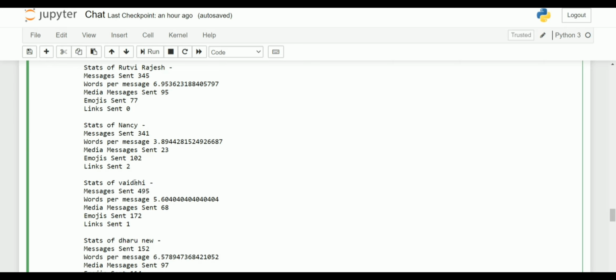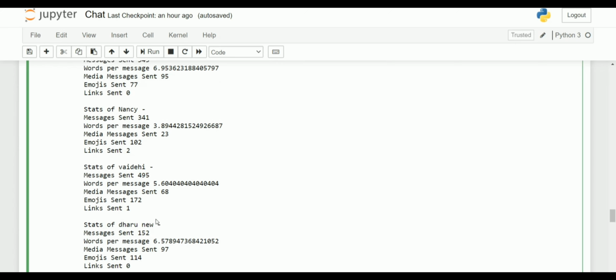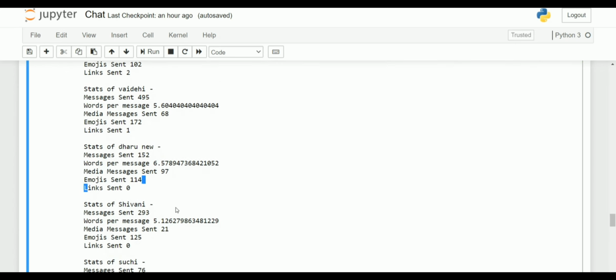The statistics of Vaidehi are the highest. You can see that she has sent 495 messages, which is the highest of all. So you can analyze from this Python file who has sent more messages, more emojis, more links, and the highest media messages.